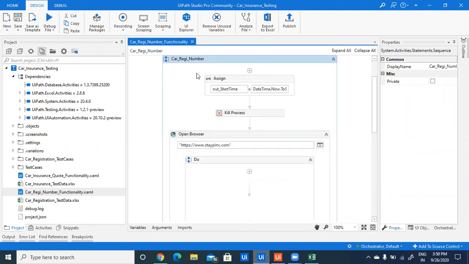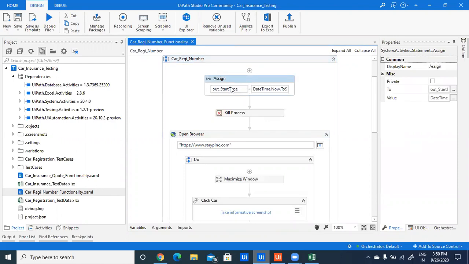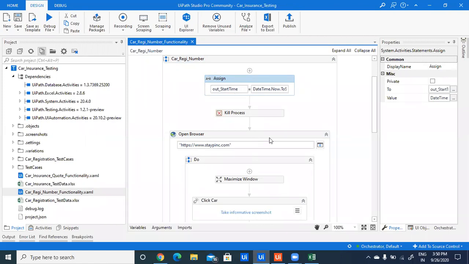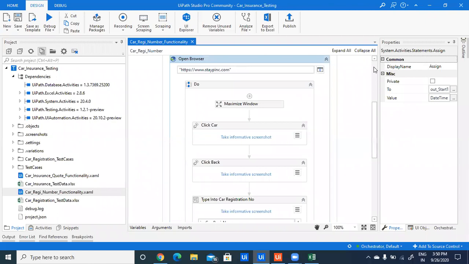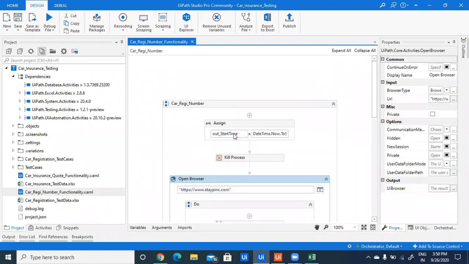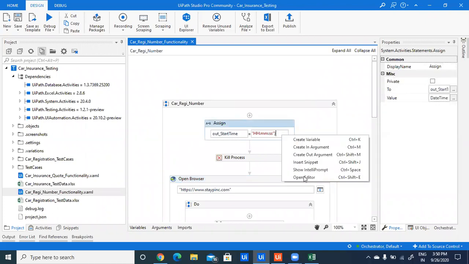and we can give the name as per our requirement. Under the sequence, I have taken an Assign activity. Here I have created a variable or argument, that is start time. This data will be updated in my test management tool. Before starting the execution, it will store my execution start time in this variable. I just open this.